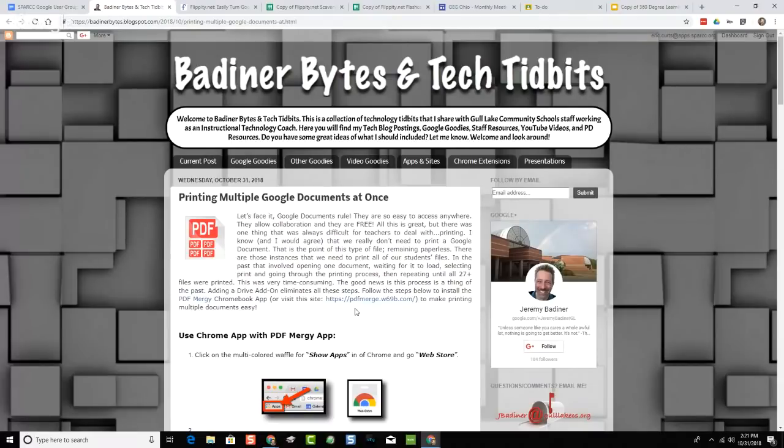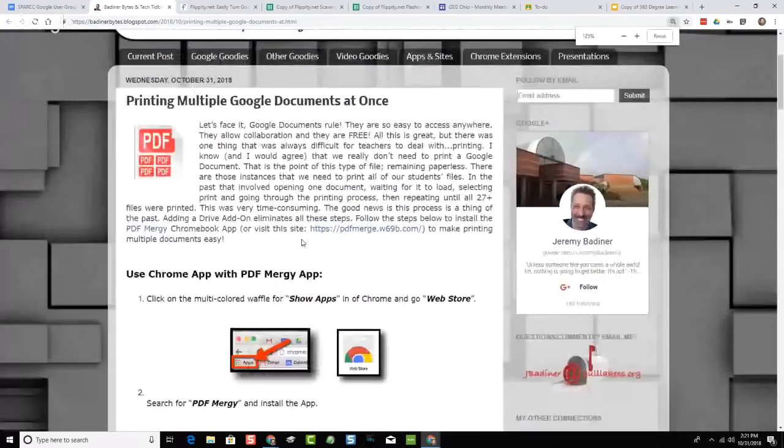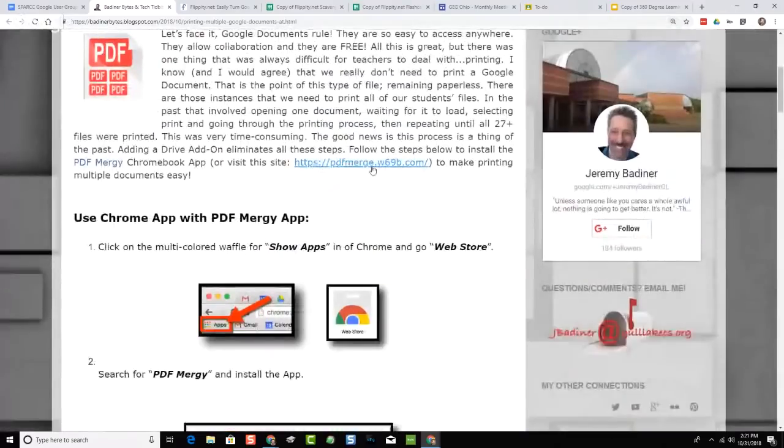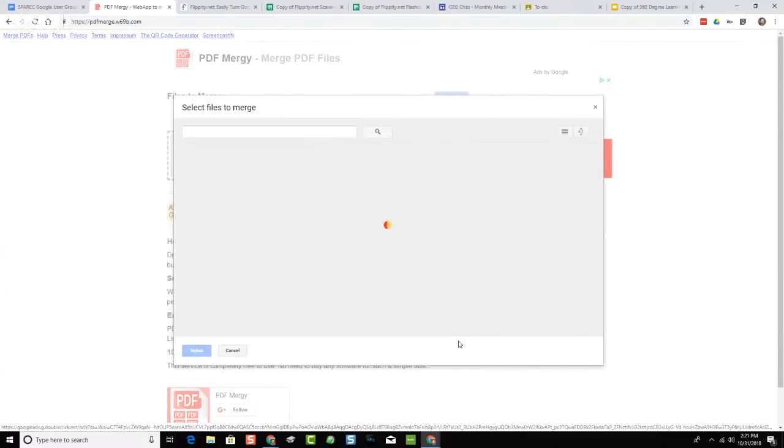Well, as it is right now, you pretty much have to open every one at a time and print each individual document. That is still the default case. Well, Jeremy came up with a nifty solution to this, a nifty workaround, and that is to use a site called PDF Mergy. So PDF Mergy basically allows you to log in with your Google account and then select files from your Google Drive. So I can come here to PDF Mergy, say I want to select files from my